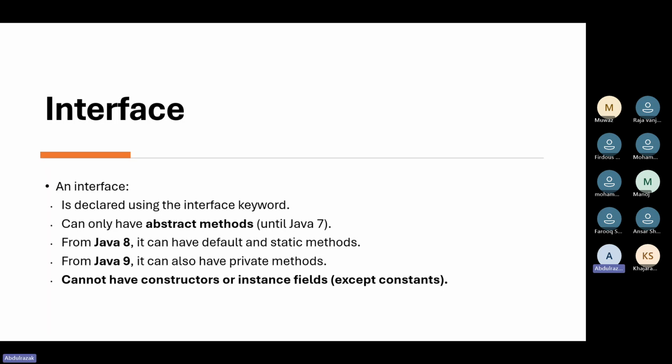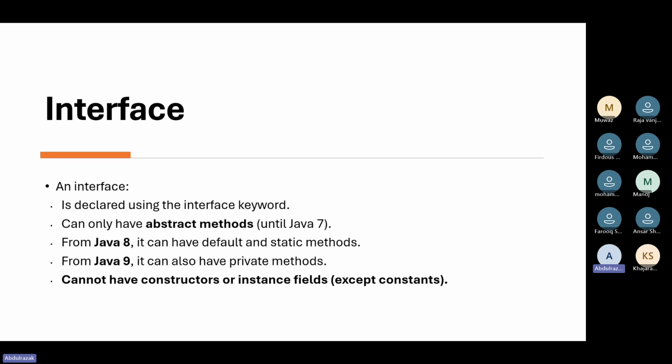So you can explain all these points. We can define an abstract class by using the abstract keyword, and an abstract class has abstract and concrete methods. An abstract class has instance variables, and it supports constructors. Multiple inheritance, this point is also very important. Multiple inheritance cannot be supported by an abstract class, but by using an interface we can achieve multiple inheritance and also 100%